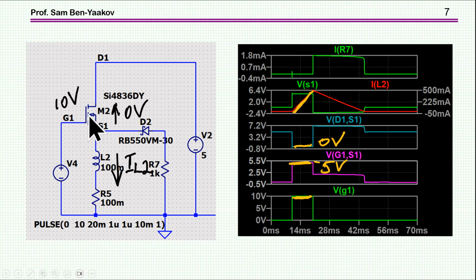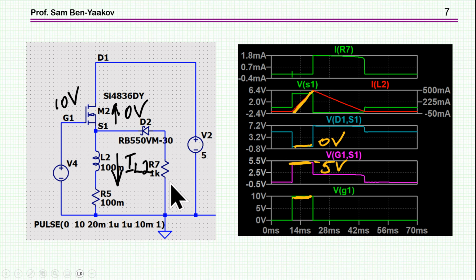Okay? In this case, the transistor is conducting. There is a 5 volt here. Transistor is on. In fact, the voltage across it is 0, so that the inductor now is being charged through this 5 volt. We see here the charge of the inductor, and then the current is going up to say 500 milliamp, and